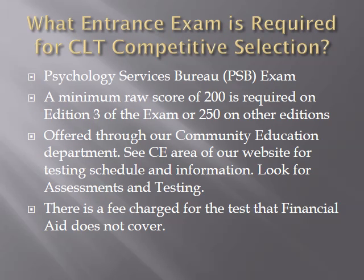What entrance exam is required for the competitive selection process? You will take the Psychology Services Bureau or PSB exam. You need to make a minimum raw score of 200 on edition 3 of the exam or 250 on other older editions. This exam is offered through our Community Education Department, and you can see that area of our website